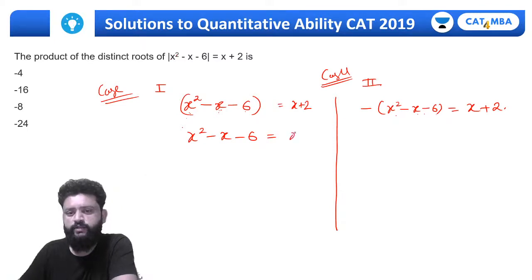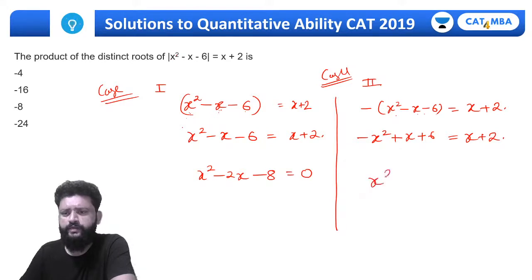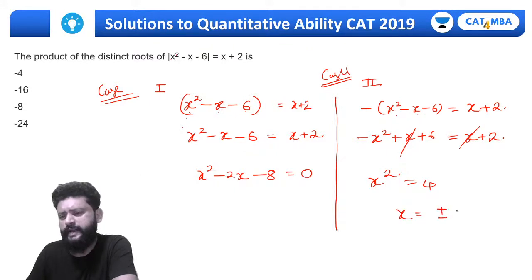ओके, तो x square minus x minus 6 must be equal to x plus 2. I can write this as x square minus 2x minus 8 equal to 0, and in this case this will be minus x square plus x plus 6 equal to x plus 2, then this comes out to be x square। अब बेसिकली ये तो cancel ही हो रहा है, simply x square ही बच रहा है, x square उधर लो 2 इधर लो, और 6 minus 2 is 4। तो x का वैल्यू यहाँ पे तो मुझे +2 और -2 मिल रहा है,